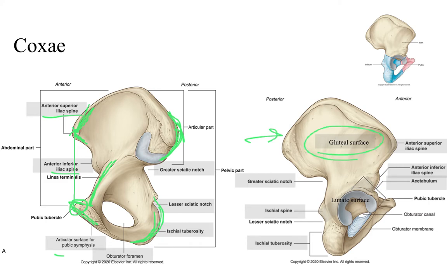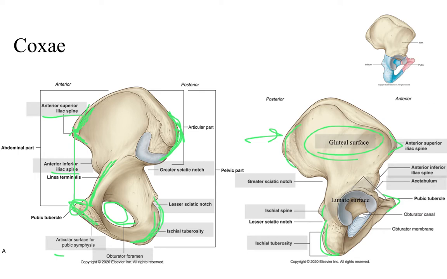They call this the gluteal surface because that is where your gluteal muscles will attach. All right, and again, pointy, pointy, so you know that's anterior, round, round, so you know that is posterior. And then this obturator foramen right here,